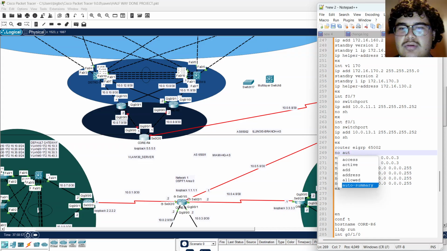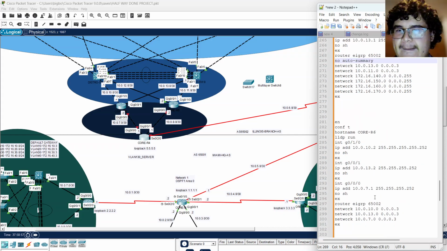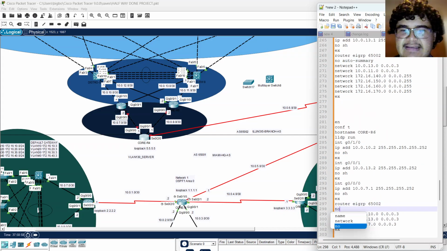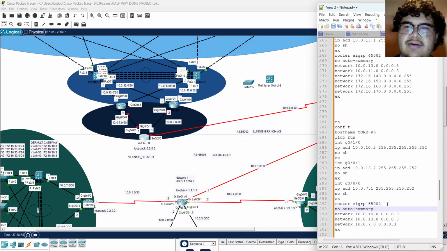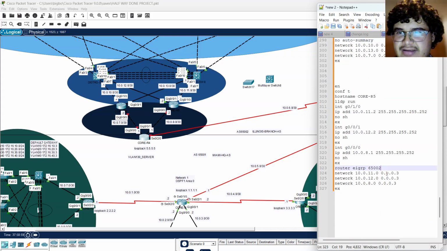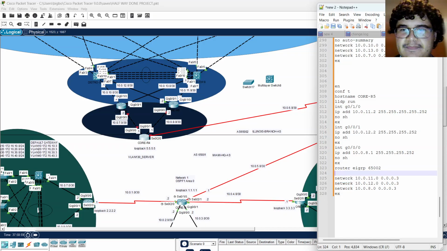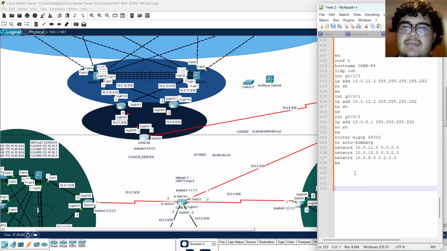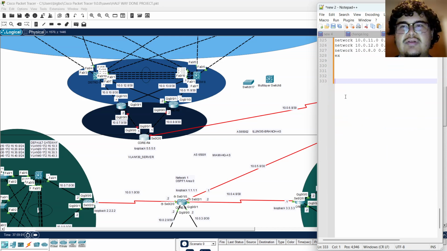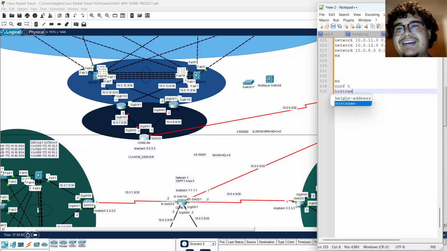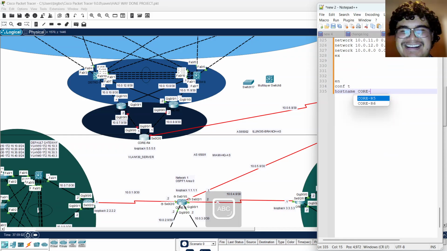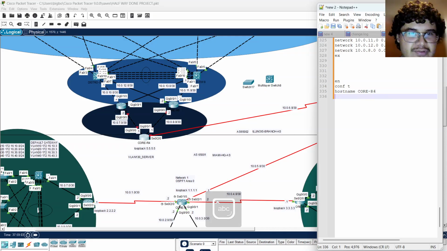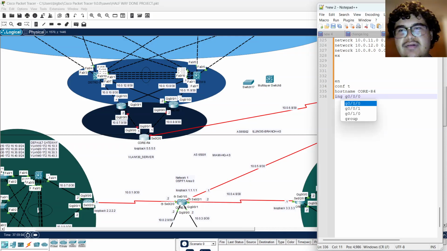No auto summary. Add that to everything. No auto summary is going to be your best friend with EIGRP. There we go. Now we're on this one right here. So we'll do enable, conf t, hostname R4,